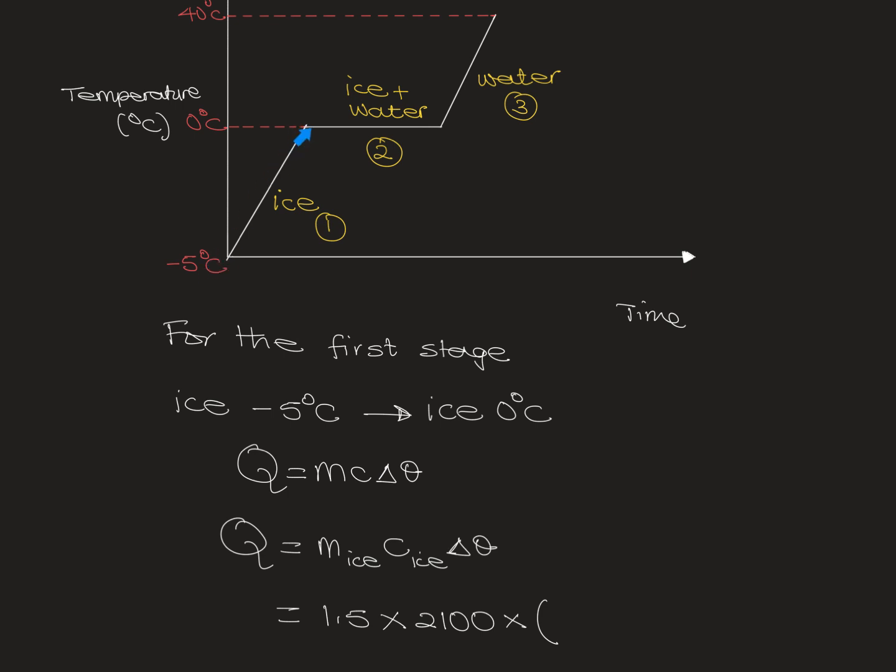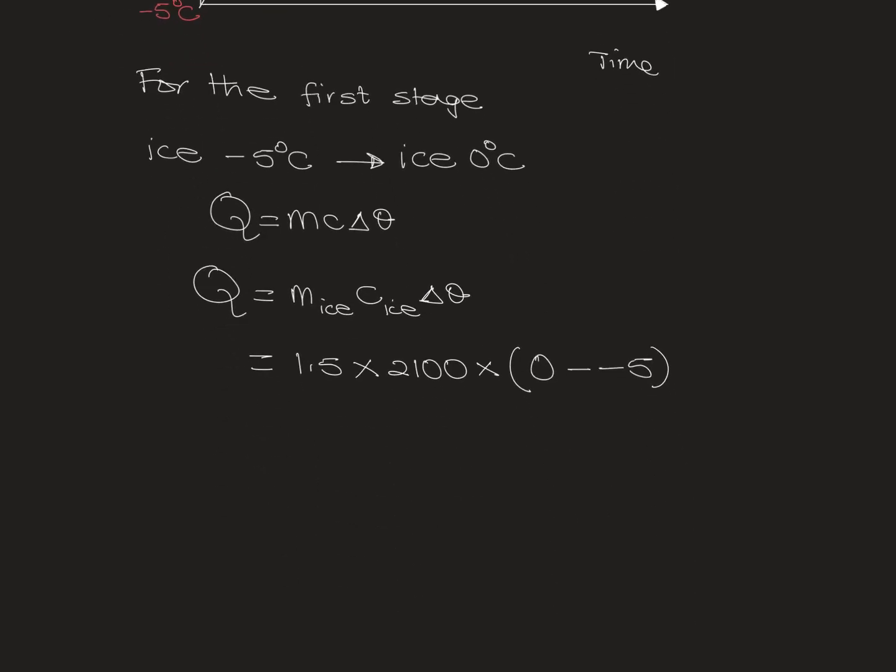So that is the final temperature minus the initial temperature. That is going to be 0 minus minus 5, right? So that is 0 minus minus 5. So we're going to have 1.5 times 2100 times 5. What is that? 1.5 times 2100 times 5 is